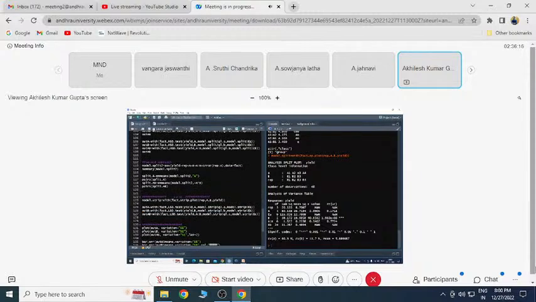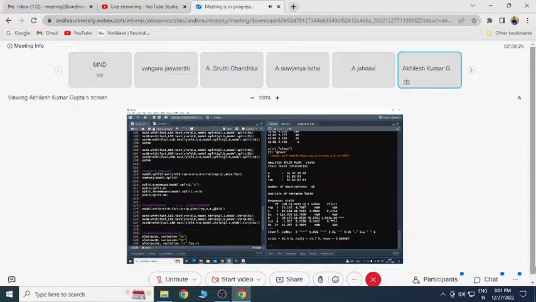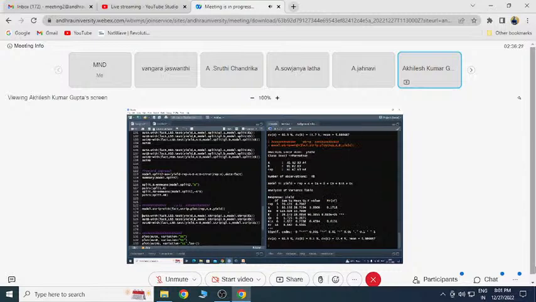And this is a strip plot. For a split plot, it is sp-plot, and for a strip plot, it is just strip plot. So I will run this one. And this is your strip plot ANOVA: replication, A, error A, B, error B, AB, and error C. So this is your strip plot ANOVA.